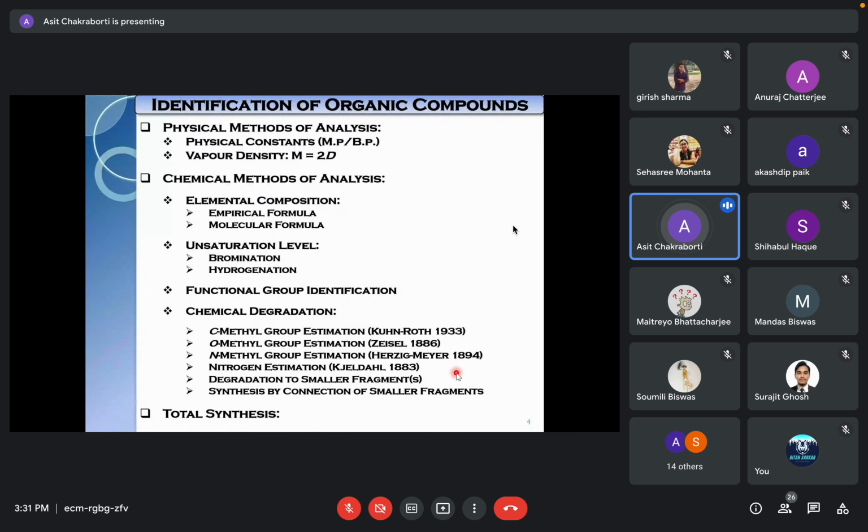On that basis, you learn how much nitrogen is present, for example in a smaller fragment like an N-methyl group. Then, by chemical degradation, suppose there is an ester moiety; an ester means two molecules, or an amide, two molecules. Similarly, there might be others. If there is an interconnecting double bond, the double bond can be subjected to oxidative cleavage, for example ozonolysis, so that it gives two different portions.